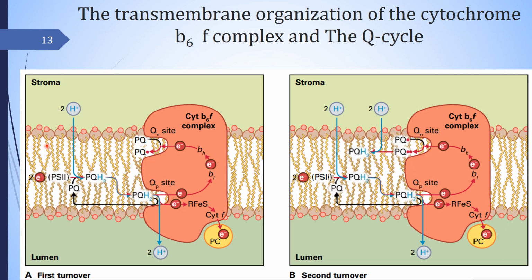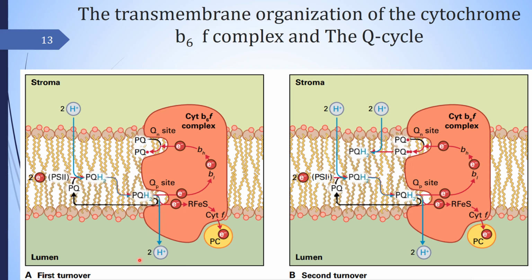This is the other explanation of the Q cycle. The transmembrane organization of the cytochrome b6f complex is shown schematically here at the quinol binding site QP. Now I am explaining this in another way, showing the participation of the different quinones. So this one is the pool of plastoquinone, which takes hydrogen after having the electron from PS2,